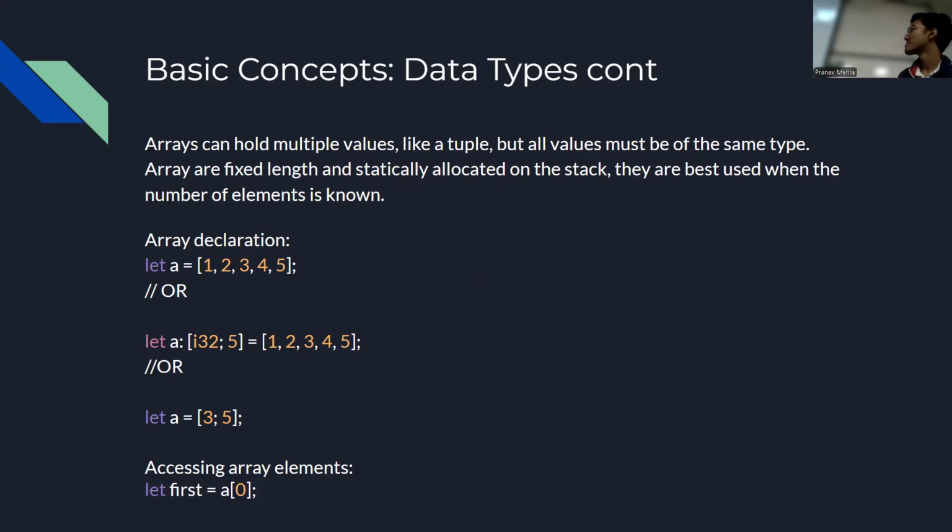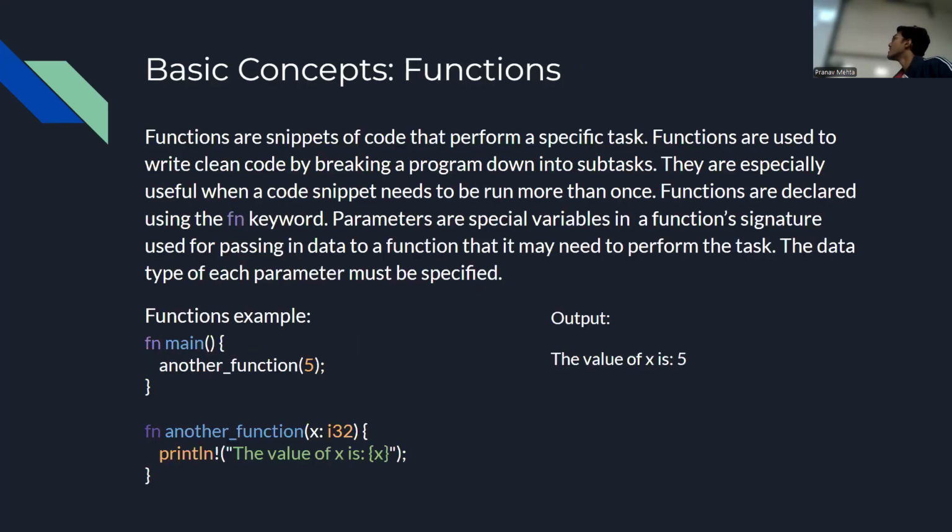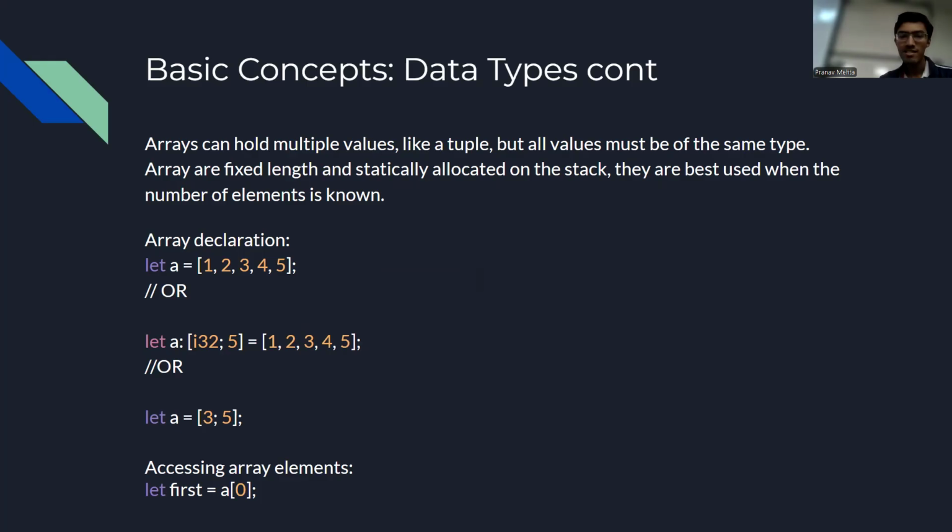This is a bit confusing, but essentially this is when you want to have an array of all the same value. The first value is the value of your elements, and the second is the number of elements. So in this case, we're creating an array of five values, and all the values are 3. So it's basically an array of 5 threes. And then accessing an array element, we just use brackets like other